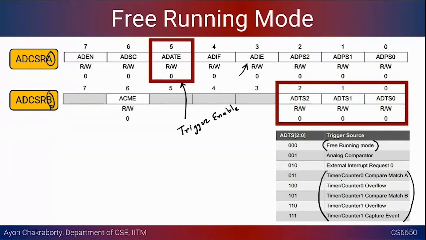It is possible to have a counter driven trigger. If you see counter 0 compare match, A could be a particular value, and B could be a particular value. Let's say it is going to start from 0 to 100. It reaches the value of 100, and again it is reset. Again it goes from 0 to 100, again it is reset, like this. Every time its value reaches 100, it is going to match a particular preset value. Let's say match A. So A could be 100, and this is going to trigger a conversion.